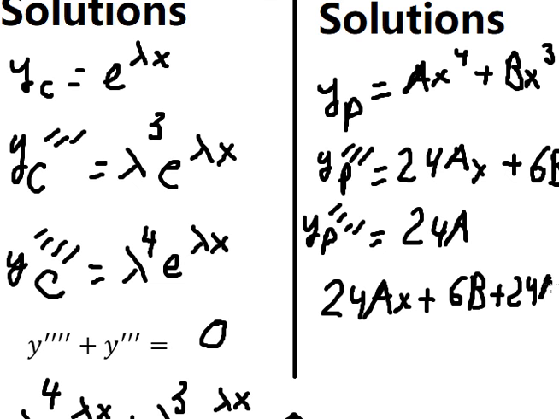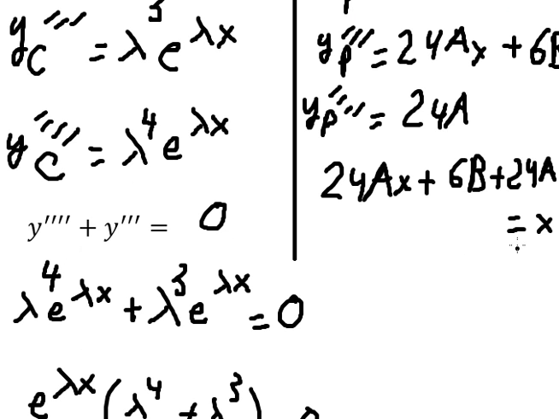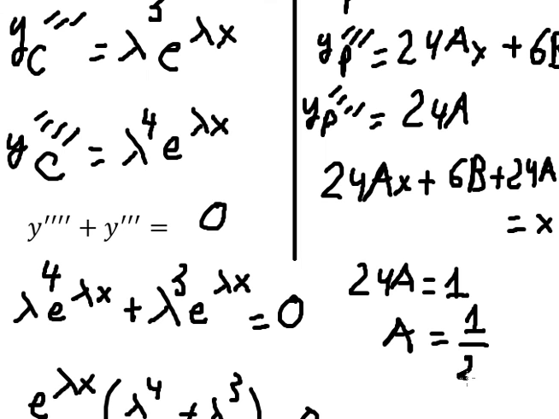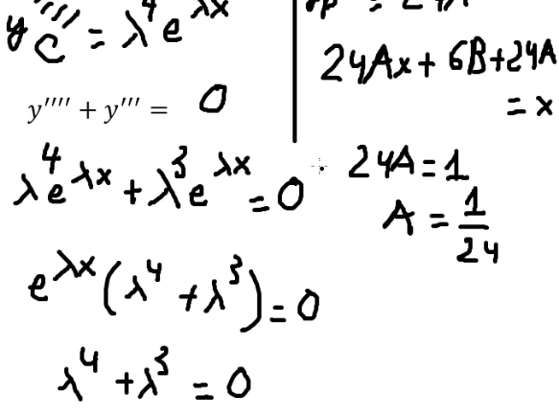That means the coefficient of s is 1. So 24a equals 1. So a in here equals 1 over 24. We don't have the number in here. So that means